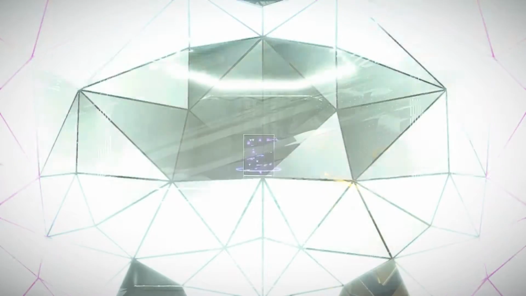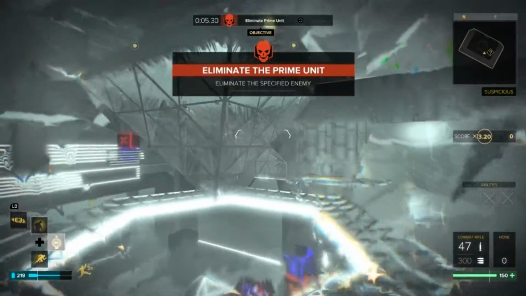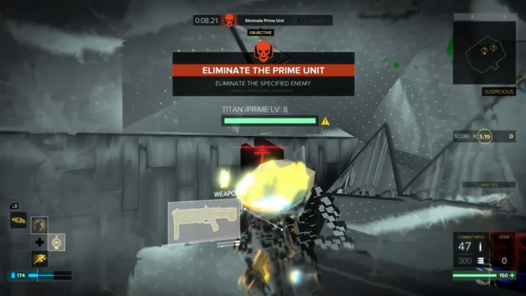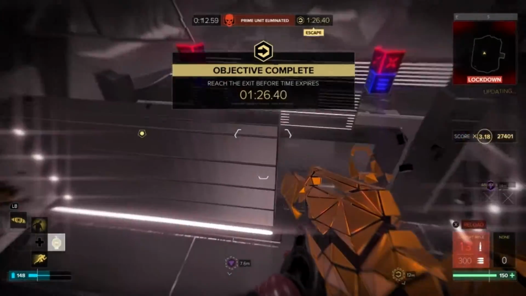Number 8, directly down from there. This is an eliminate prime unit. I found combat rifles remarkably effective against the sniper. You'll see here, I'm just going to jump up. We'll get the data first, and then we'll do the time trial. Just emptying an entire clip magazine of, yeah, there you go,